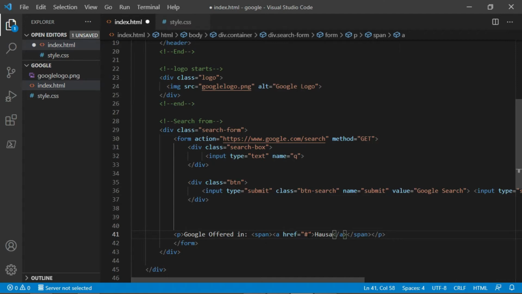So this pound sign simply means that it will load in the same page, but we can provide a link. Maybe we may have hausa.com, but since we don't have any link, that's why I'm using the pound sign. So when you click on the link, it will not load to any page. All right, then let me create